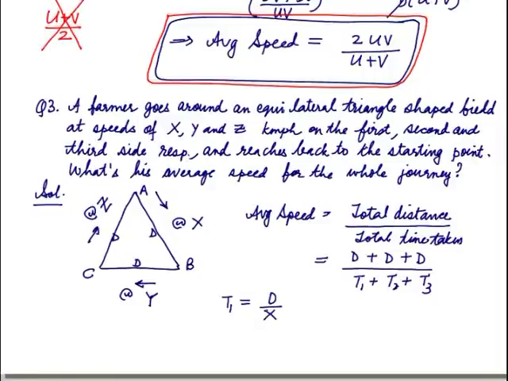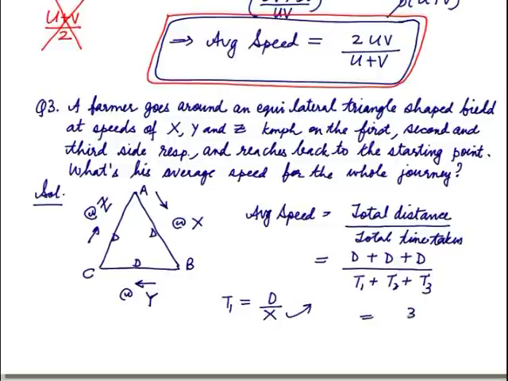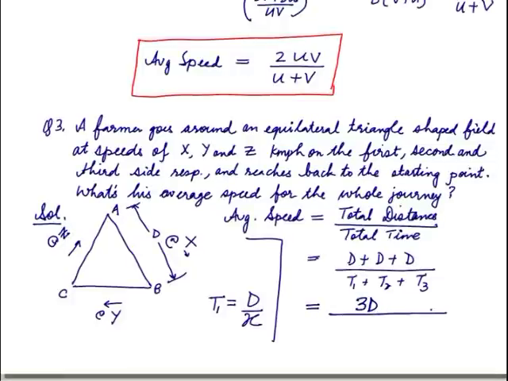So the average speed will be, so let us substitute these values in the step above, and we get average speed will be d plus d plus d, which will be 3d upon T1 plus T2 plus T3. But T1 we have just seen is d upon x, T2 we just saw is d by y, and T3 we have just seen is d by z. This is our denominator. So all we have to do is to simplify this, and after simplification, our final answer for average speed for this particular case will come out to be